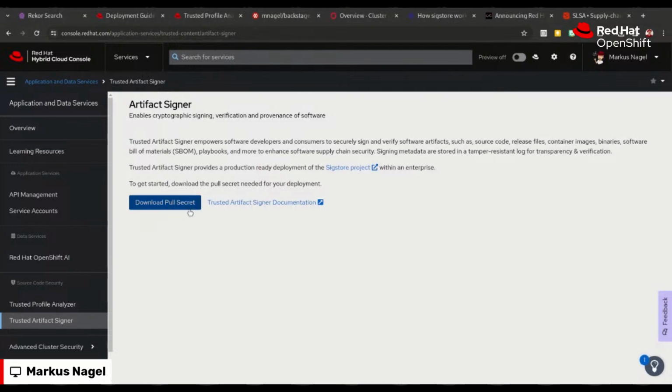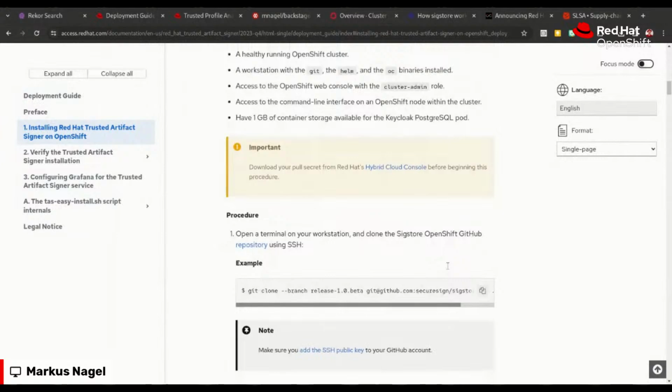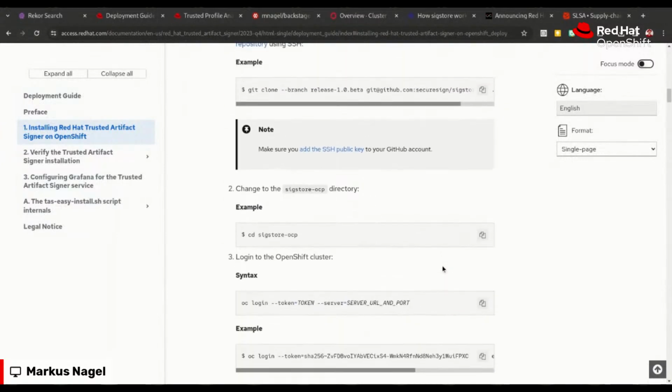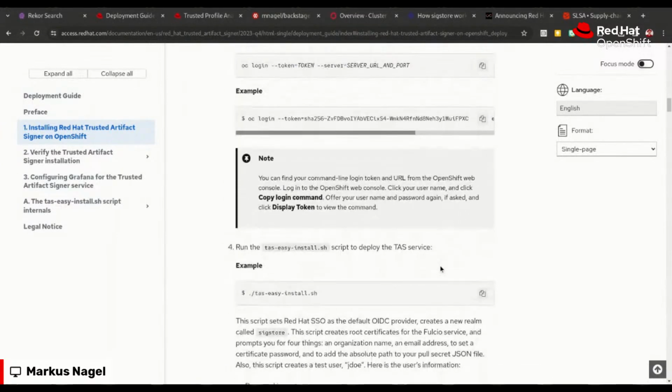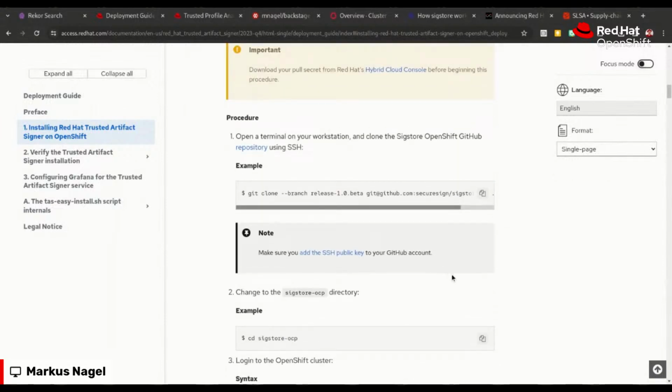So download the pull secret here. Log into that; the link is also in the deployment guide, of course. Where actually is it? You passed it. It's right there in the middle in that important block. The hybrid cloud console. Yep.